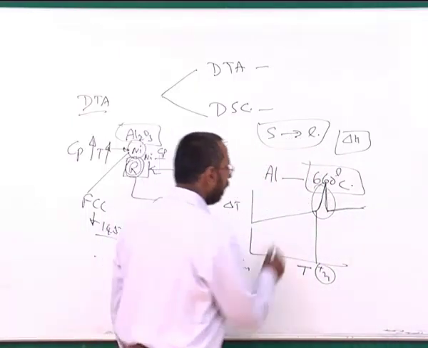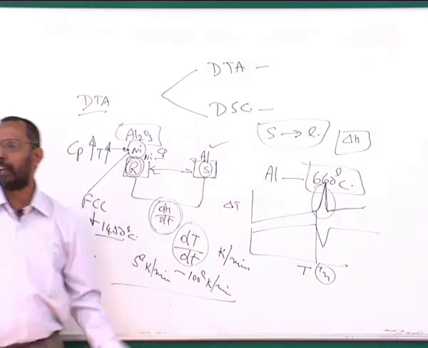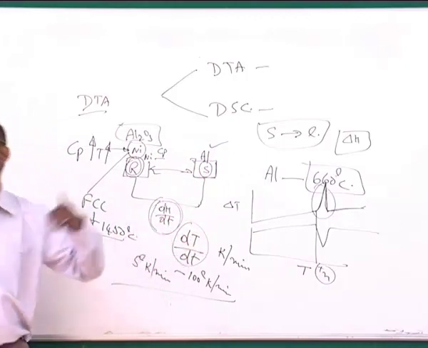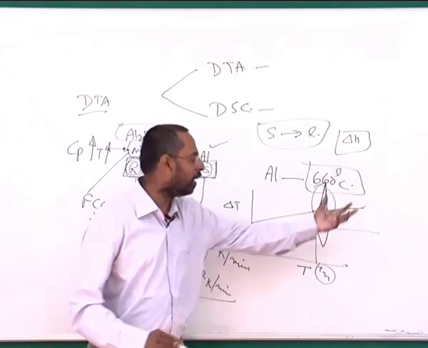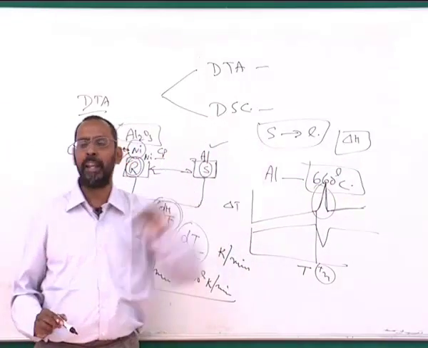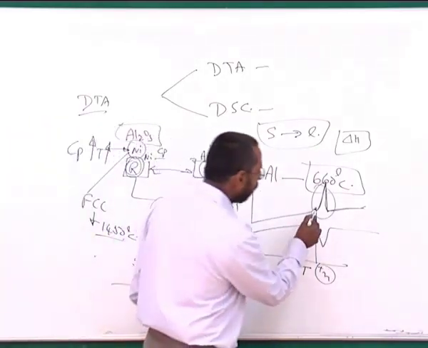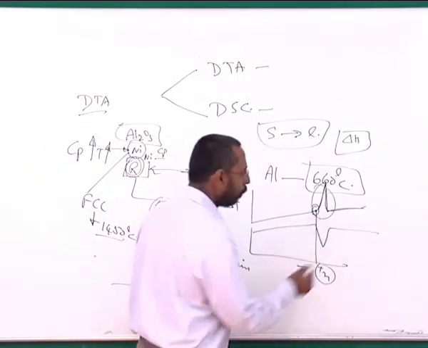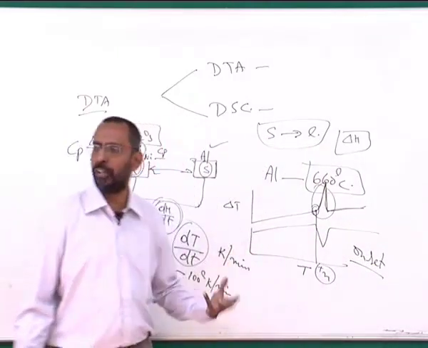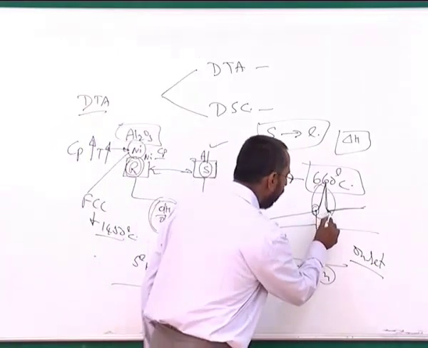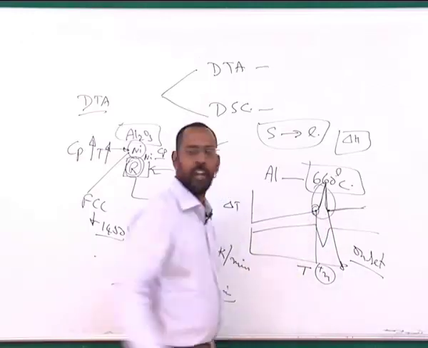And this peak can be either a peak like this or a peak like this, depending on whether you are having an exothermic reaction or an endothermic reaction, whether the heat is absorbed or released, depending on the type of transformation, whether it is solid becoming a liquid or a liquid becoming a solid, or one solid becoming another solid, where there may be a heat extraction or heat absorption. This particular starting point is what we call the onset. Onset is where the actual transformation is starting, and you always have an offset, which is where the transformation is over.